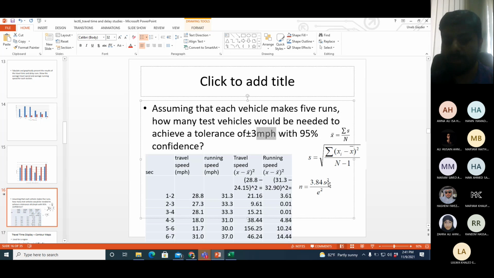I have calculated 2 types of speeds in this question, running speed and travel speed. So you can have an n value on the basis of running speed and an n value on the basis of travel speed as well, because in each case the standard deviation, the S value, will be different. So first of all, I need to calculate the S value.